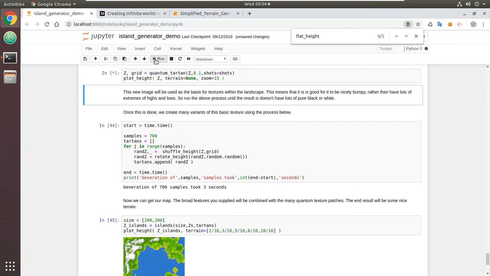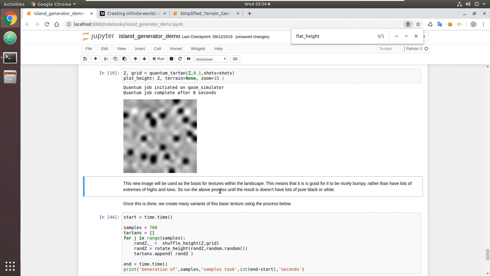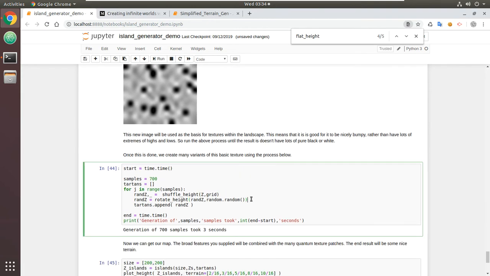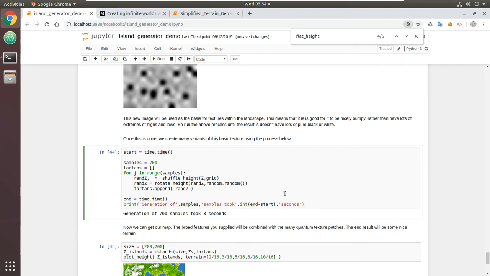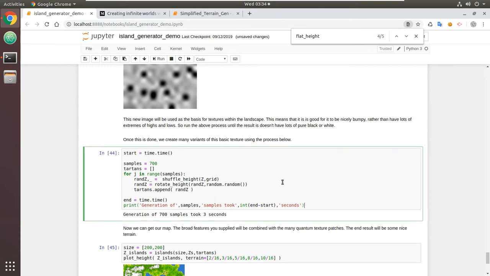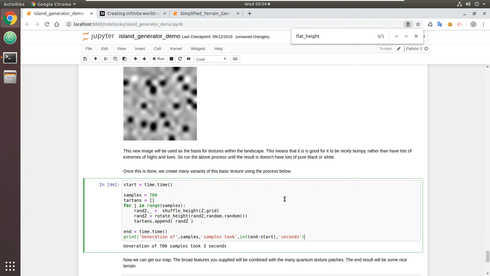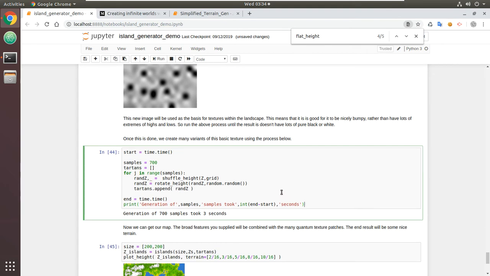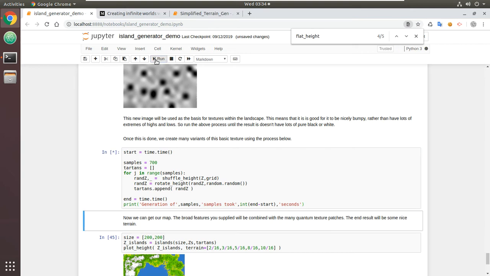I think I know. And then that's kind of applied. Okay, and then that's applied to random shuffle, rotate. What is this? What is that? Create many variants of this basic texture. So we create many variants of this basic texture using the process below. Sample 700. And then